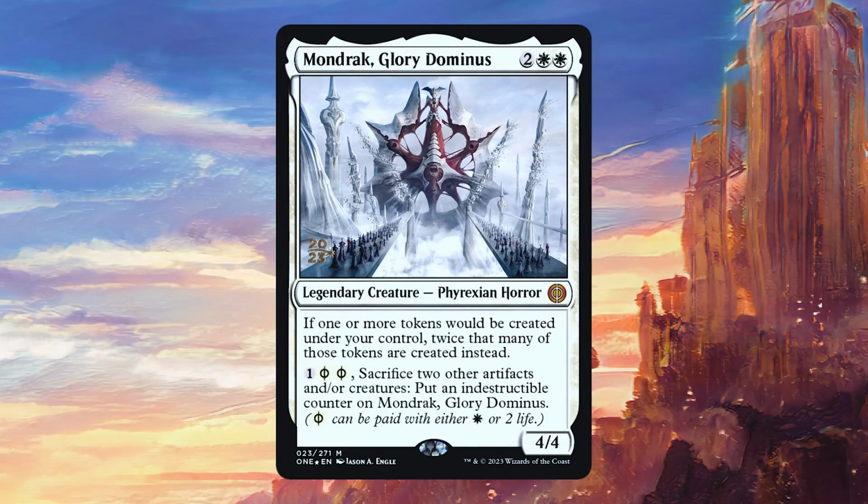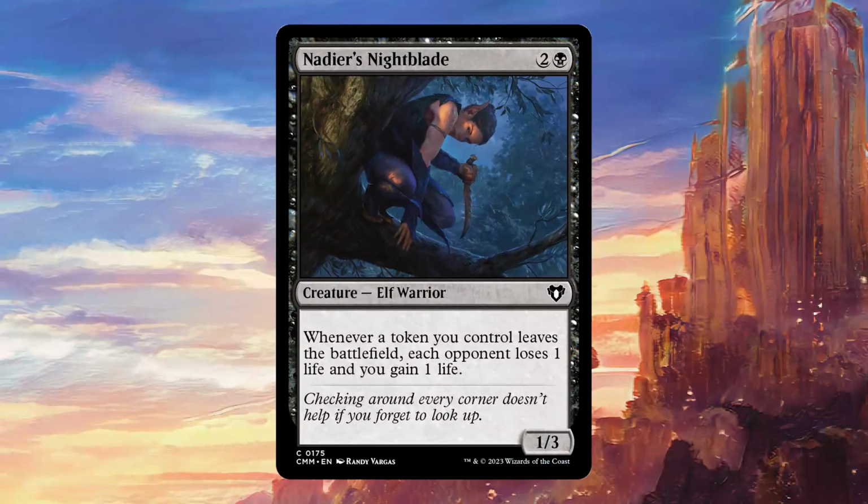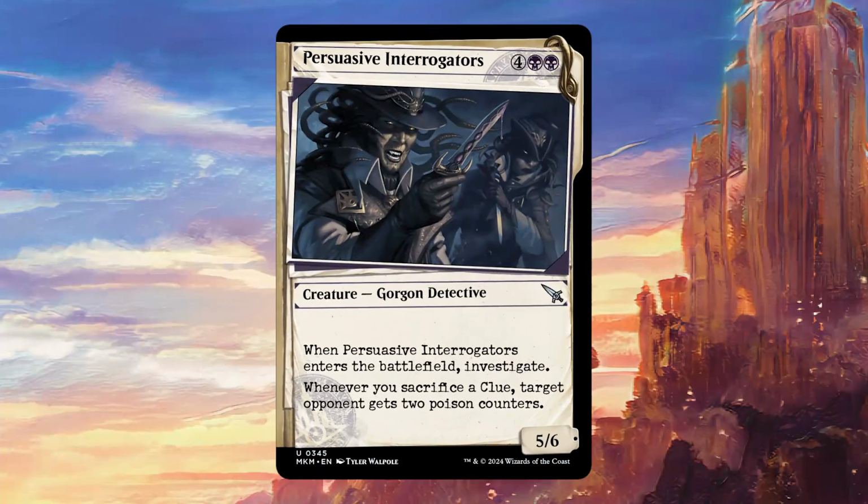Mondrak, Glory Dominus is one of the best cards in the deck because it's going to double all of those token generating effects that we have a lot of. Nadir's Nightblade works very well with all of the different tokens that we're going to be using in this deck. Persuasive Interrogators is an alternative win condition that can allow us to just poison somebody out, which is kind of